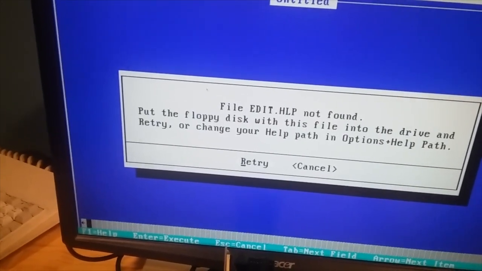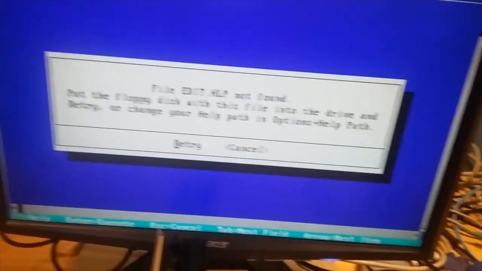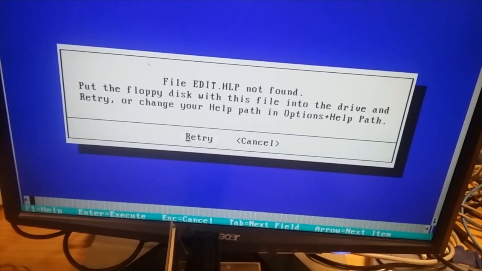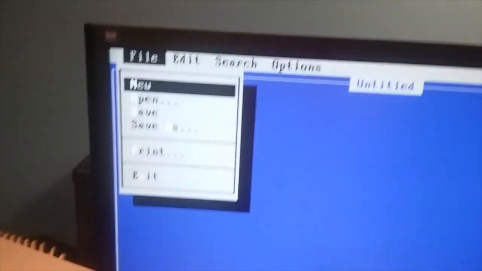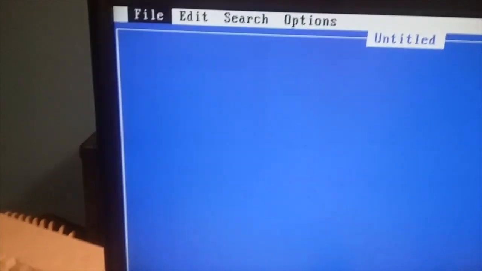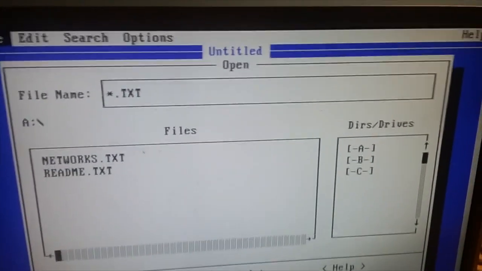Okay, cancel. So EDIT's not in DOS 3.3. I think it was introduced in 5. I'm curious as to what our AUTOEXEC and